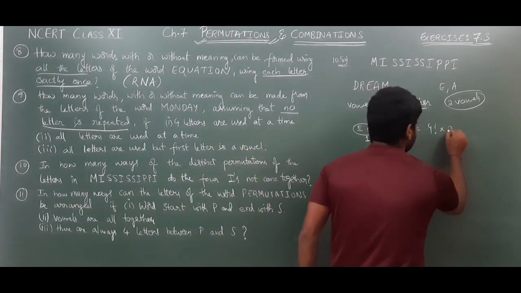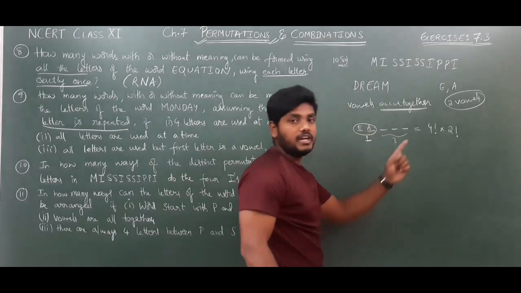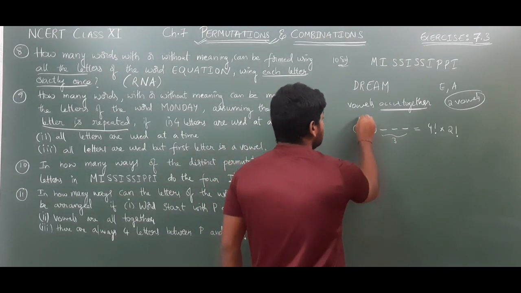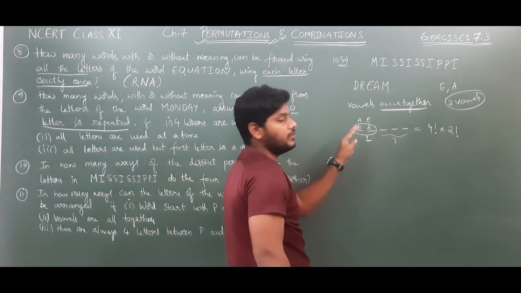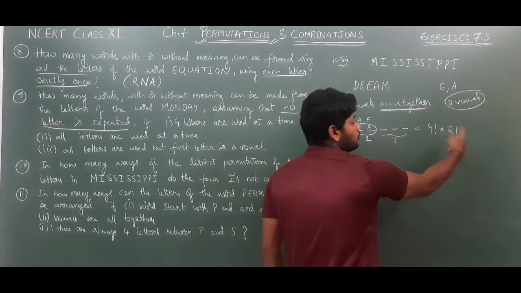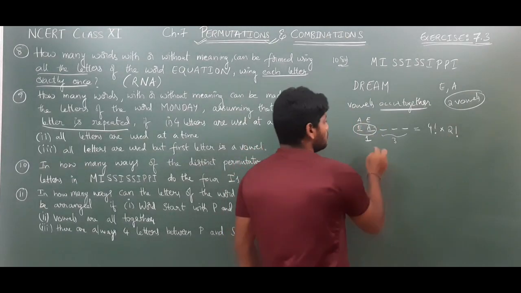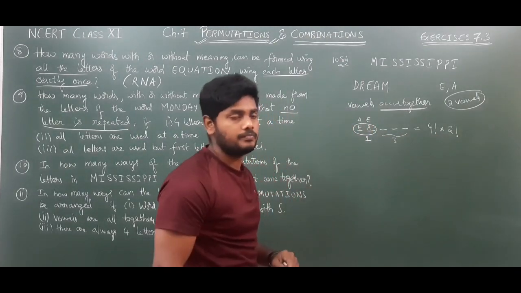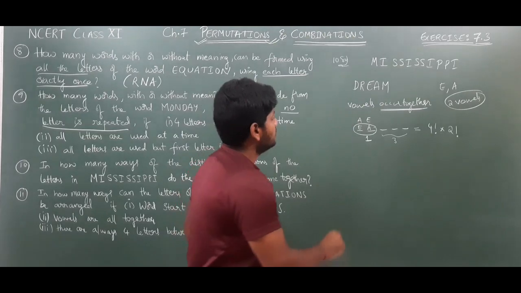So into 2 factorial. Why 2 factorial? Because either we can write E and A here, or A and E. So 2 ways. 2 ways means 2 factorial. 2 factorial is nothing but 2 ways. So that's why 4 factorial into 2 factorial. Like this we need to solve. Another example I will tell. See, for example,